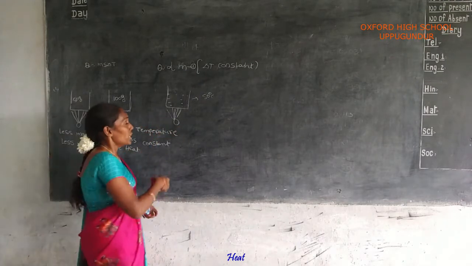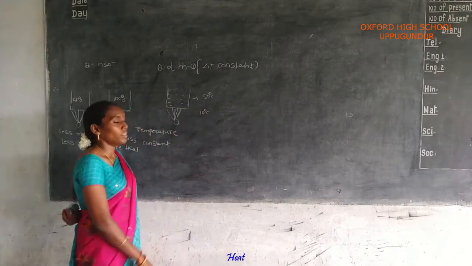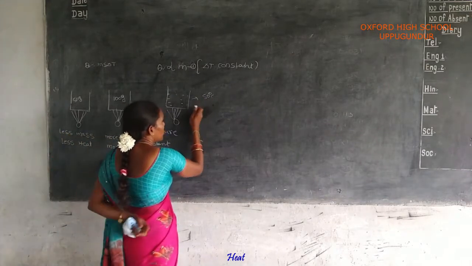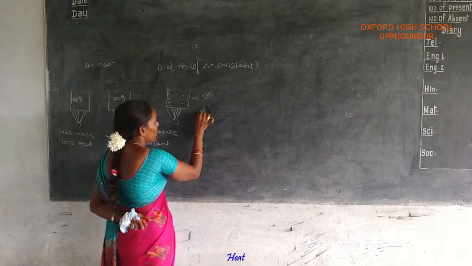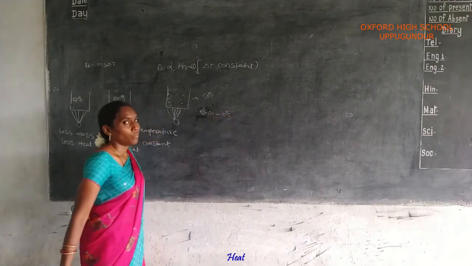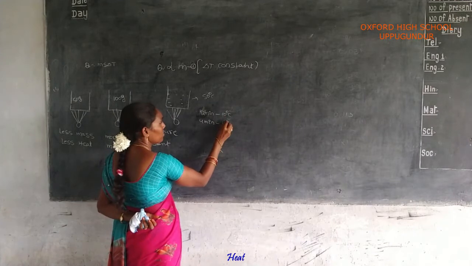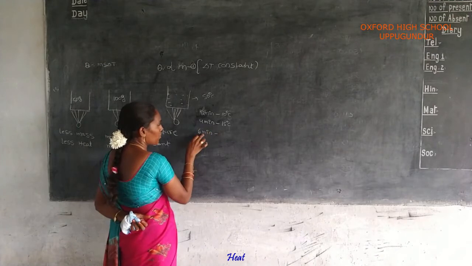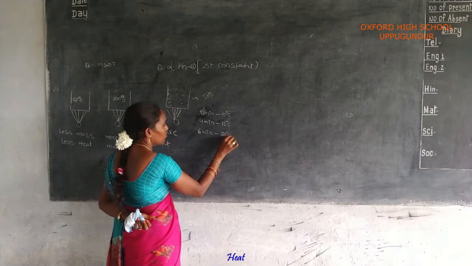For example, at the temperature of 10 degrees centigrade, okay? At the time of 2 minutes, the temperature of the water is 10 degrees centigrade. At the time of 4 minutes, the temperature of the water increases to 15 degrees centigrade or 20 degrees centigrade. At the time of 6 minutes, the temperature is 20 degrees centigrade. Okay?